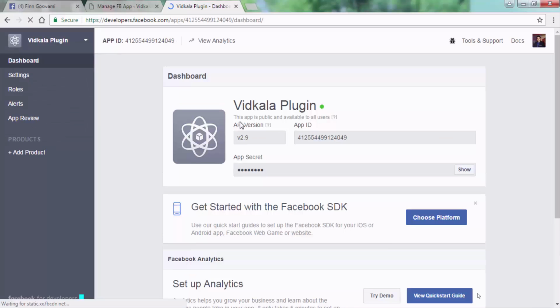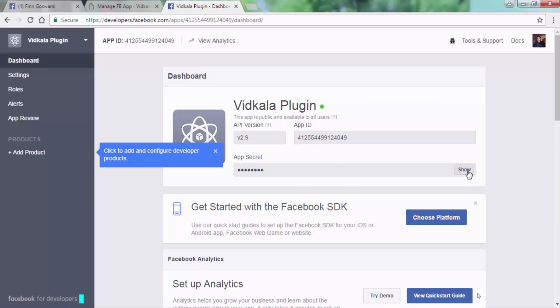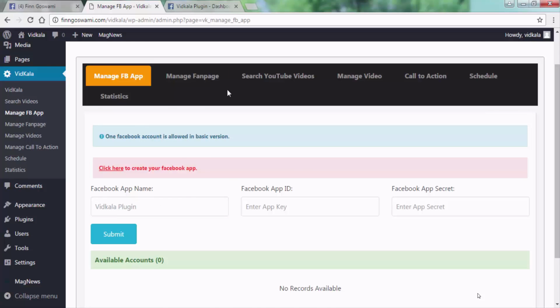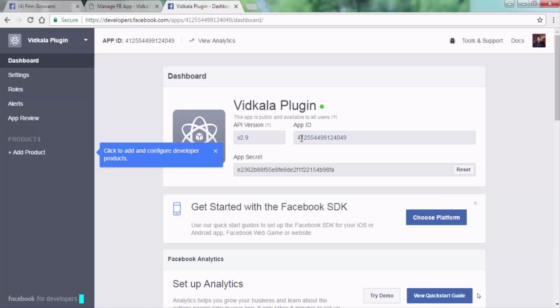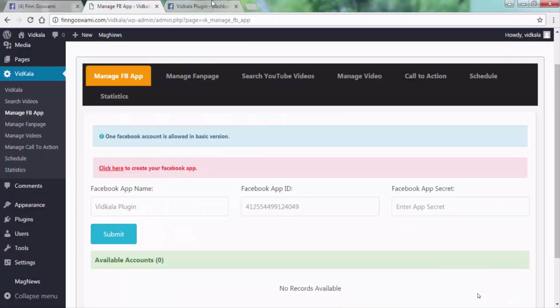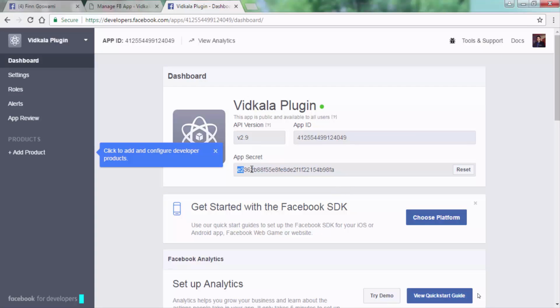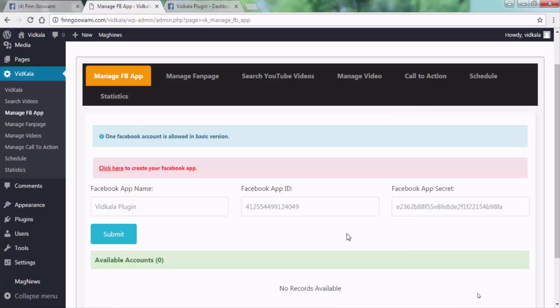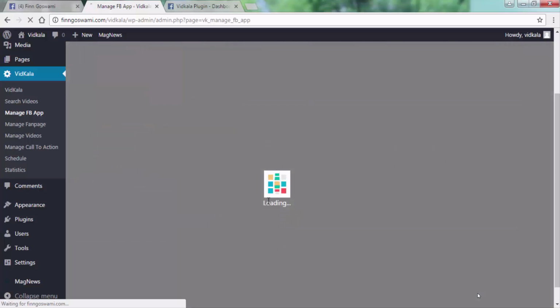So I'm clicking on the dashboard option so that I'm getting back to the home page of Vidcala plugin app, and I have the app ID and app secret code. These are the two information that I was pursuing. So selecting the app name, copying it and pasting it over here. Now next comes the app ID, right over here, copying them. Alright, and the app secret code. This goes in here. So with this, after I click on the submit button,